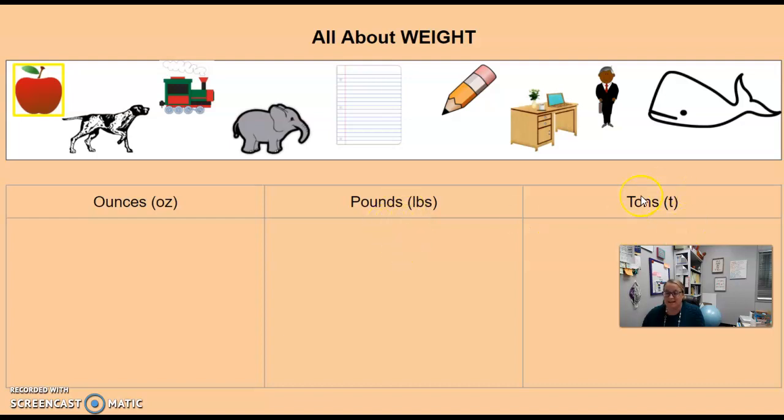And then we have tons. And remember, tons are for things that are very big. So it has to be 2,000 pounds or bigger. So let's look at each of these objects and let's sort them into the correct category we would use to